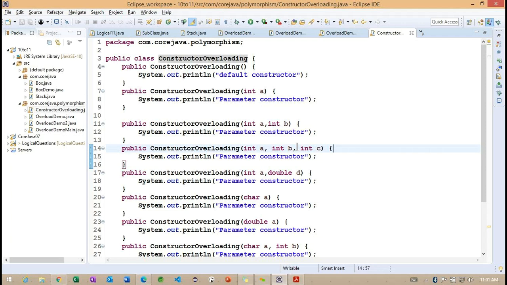But a constructor will not do all the behavior that a method does. So that's the reason we need to focus more on methods.